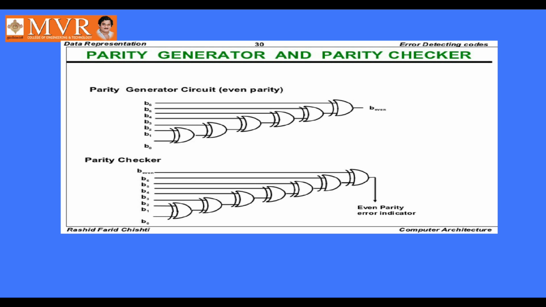So for the input 100, with the even parity method, what number should I add? I have to add one more extra 1 to make the total number of ones 2, which is even. So my input now becomes 1001. If this is transmitted to the destination and 2 ones are there in the final data received, then it assumes that the correct data is received because it knows very well that we are following even parity.